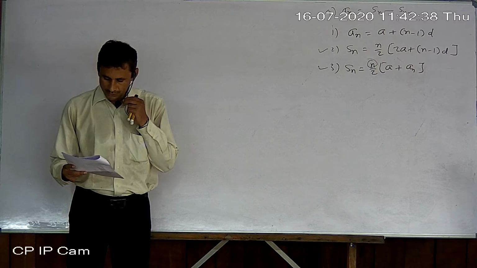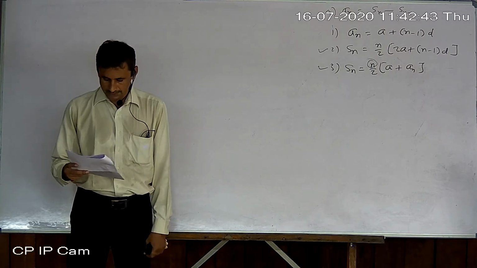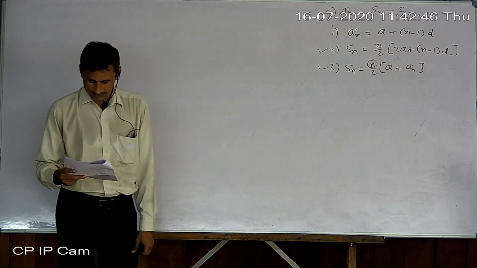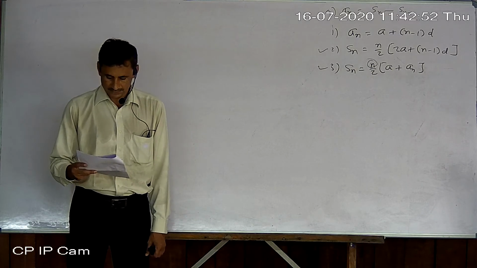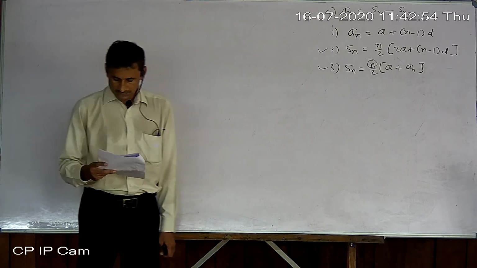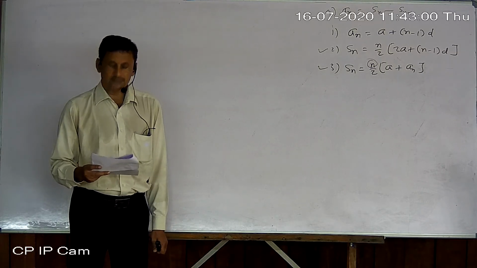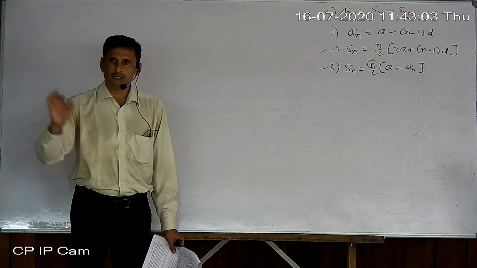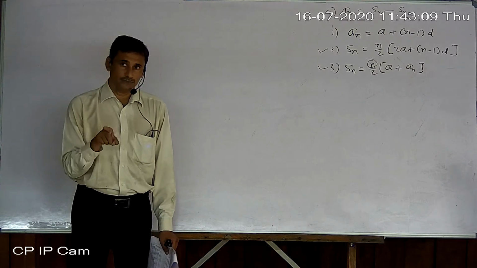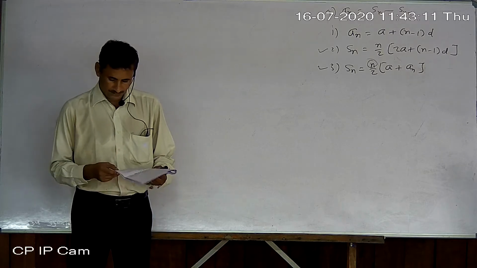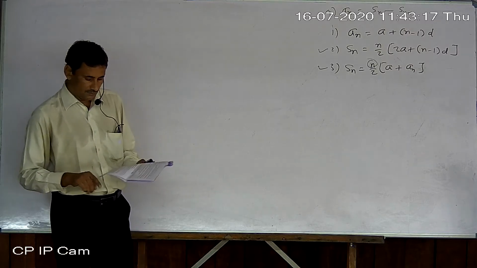In a school, students thought of planting trees in and around the school to reduce air pollution. It was decided that the number of trees that each section of each class will plant will be the same as the class in which they are studying. Example, a section of class 1 will plant 1 tree, a section of class 2 will plant 2 trees, and so on. So whatever the class, that many trees are to be planted. But each class has not one section. Read again. There are 3 sections of each class. How many trees will be planted by the students?